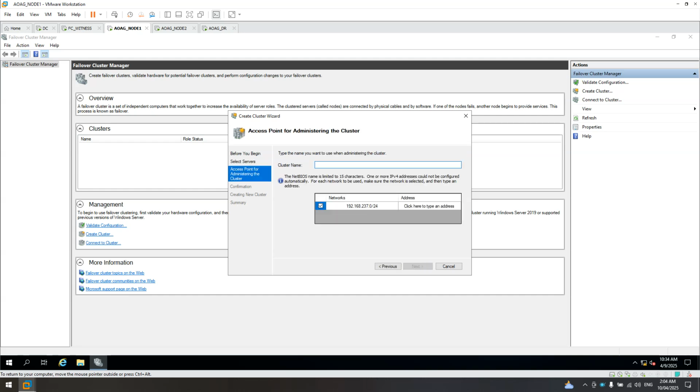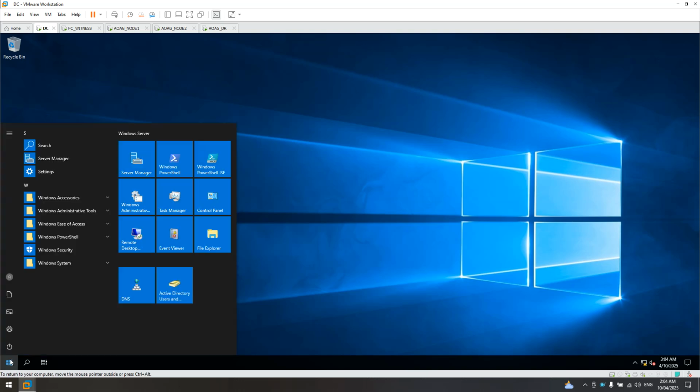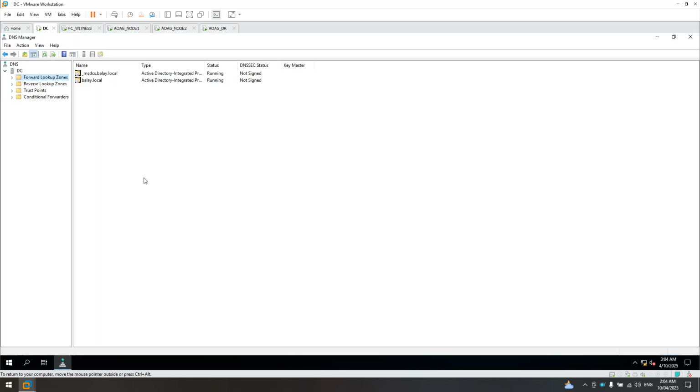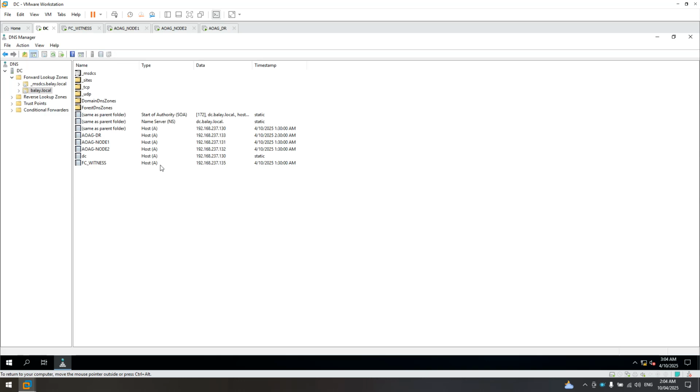Cluster name. What's the cluster name? We'll name this one AOAG cluster. Okay. Then the IP address. Let's check the domain controller DNS. What's the available IP address under Balay local? 191.30, 31, 32, 33.